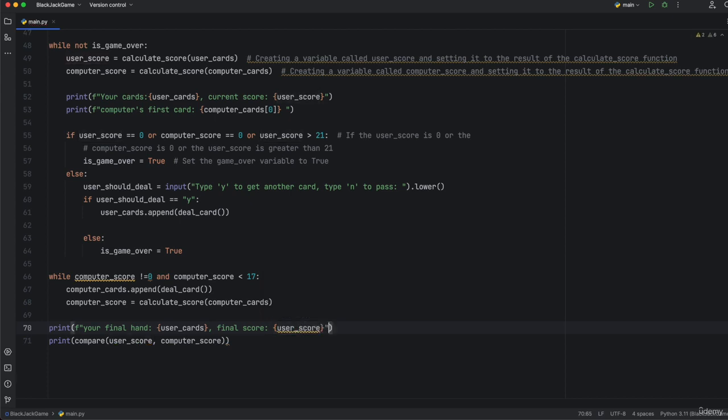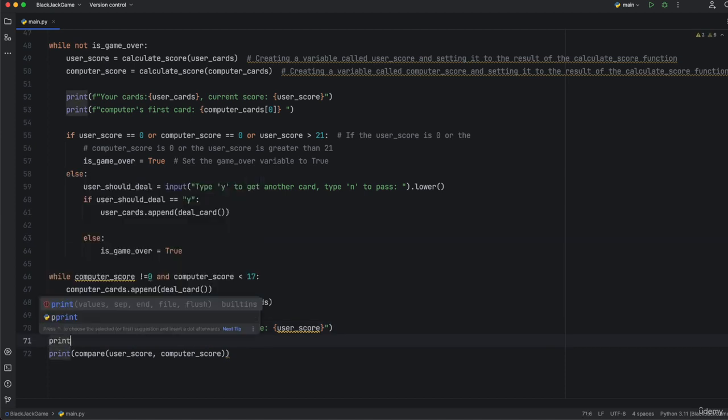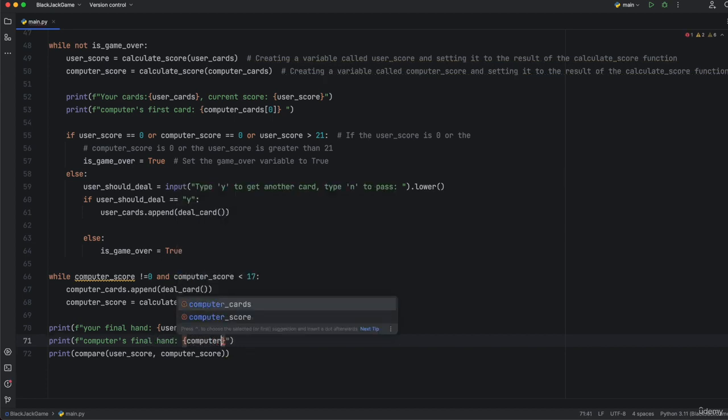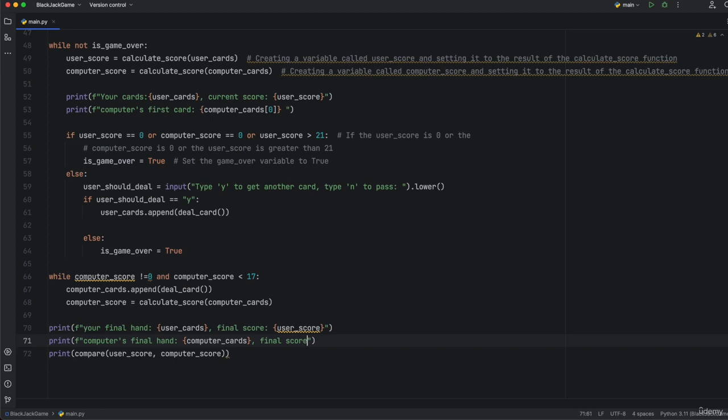All right, so just like that, we have one here that is going to show our hand, but I want to also see the computer's hand when we are at the end of it, right? So I'm just going to do another one. I'm going to say computer's final hand is, computer cards. All right, so that's that, and final score is computer score. So just like that,